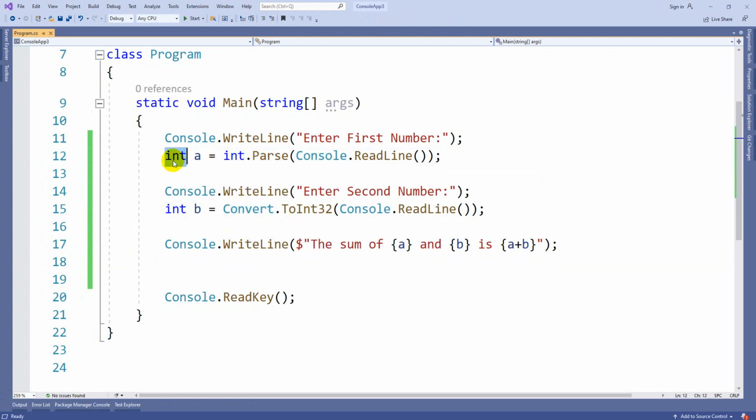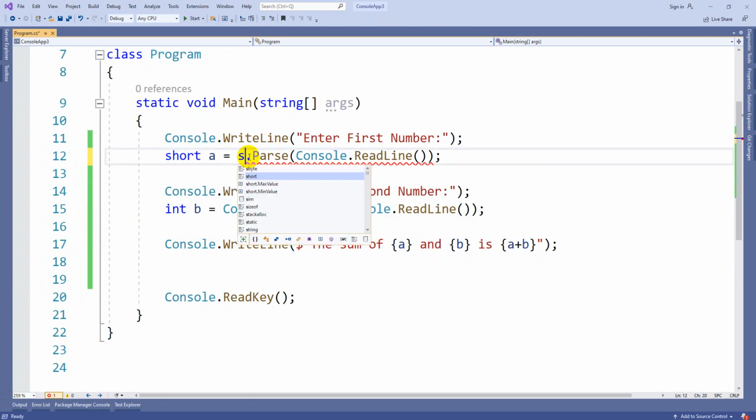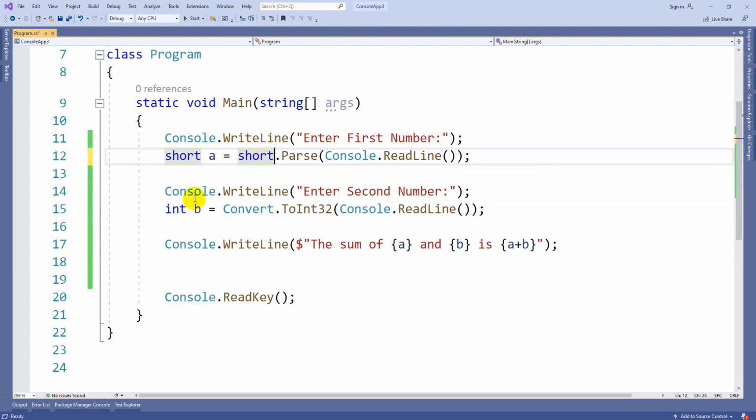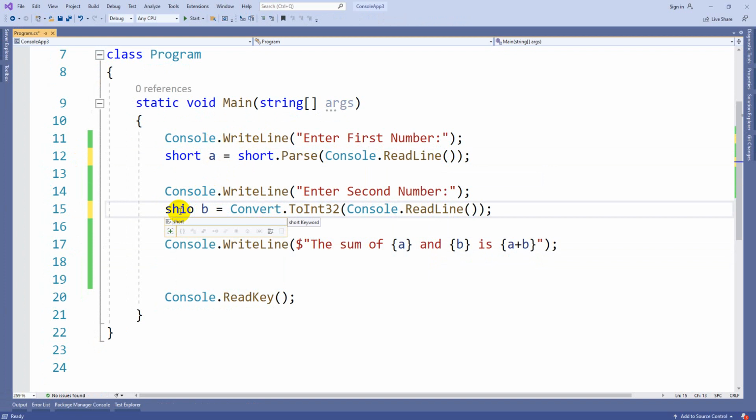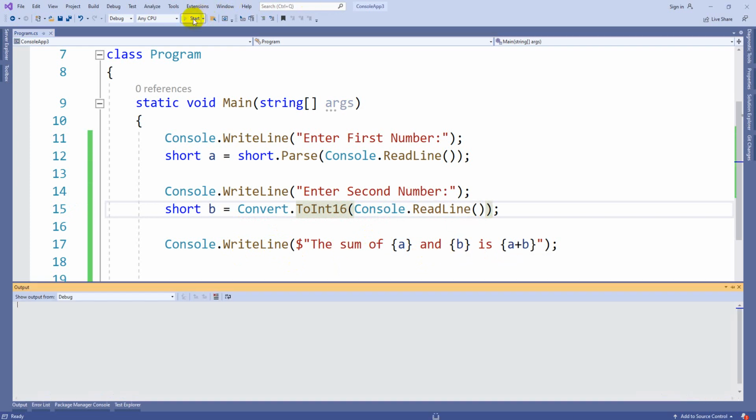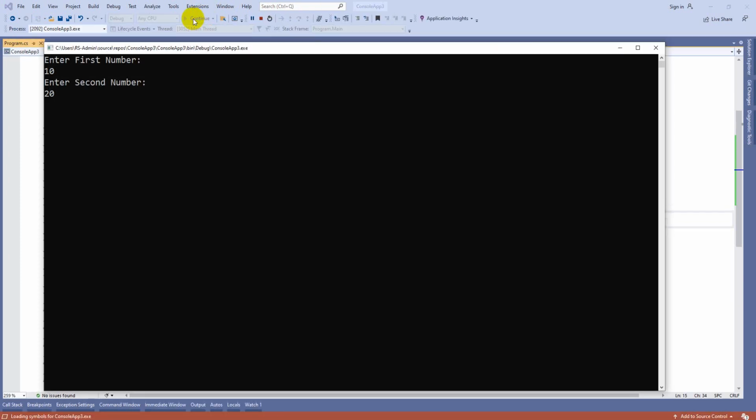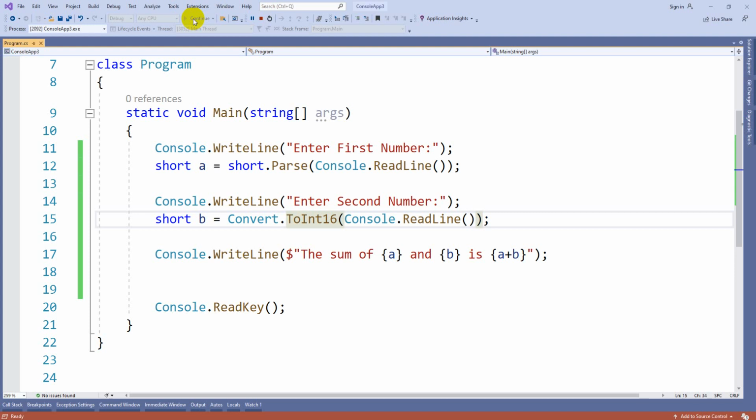This is integer. If it is short, you write short a is equal to short dot Parse, and short b equal to Convert.ToInt16. It will work the same, no difference at all. 10, 20, 10 plus 20 is equal to 30.